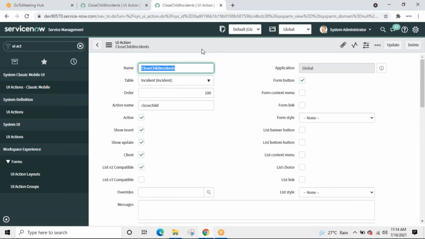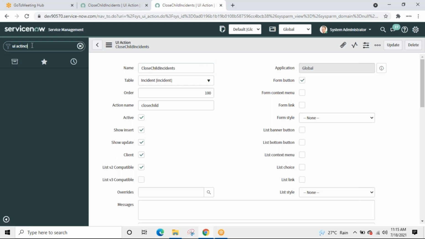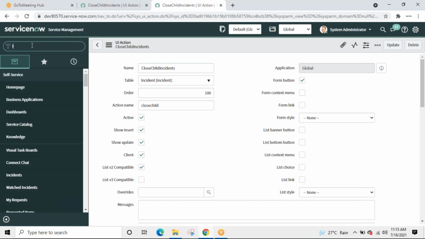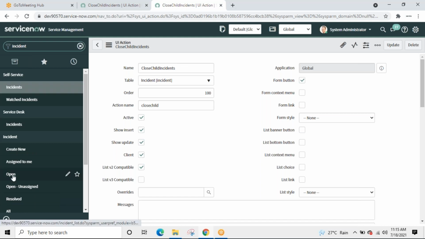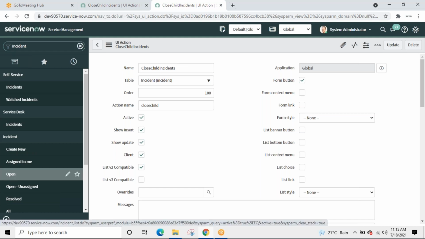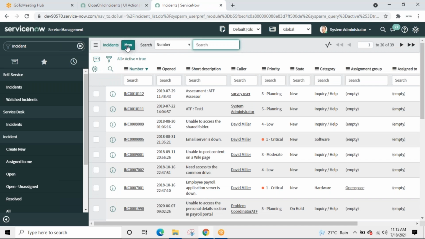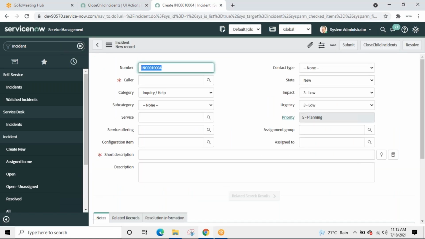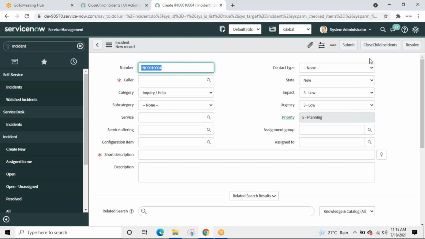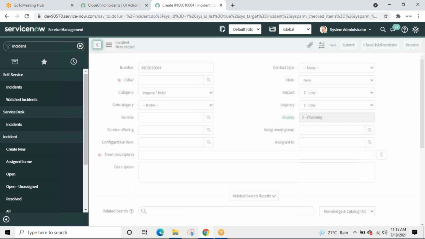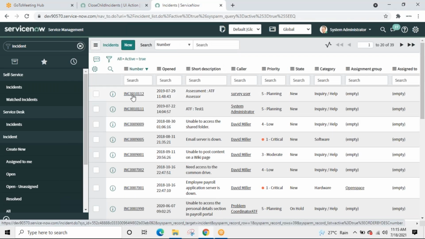Saved. Can we see it on the incident table? Let's see. If I see close child incidents, if I randomly open any incident, it should be visible.